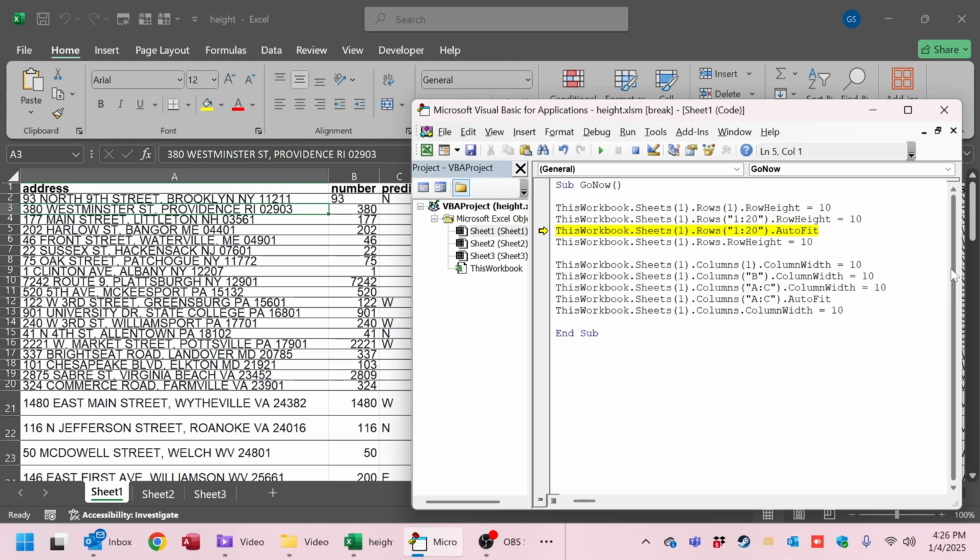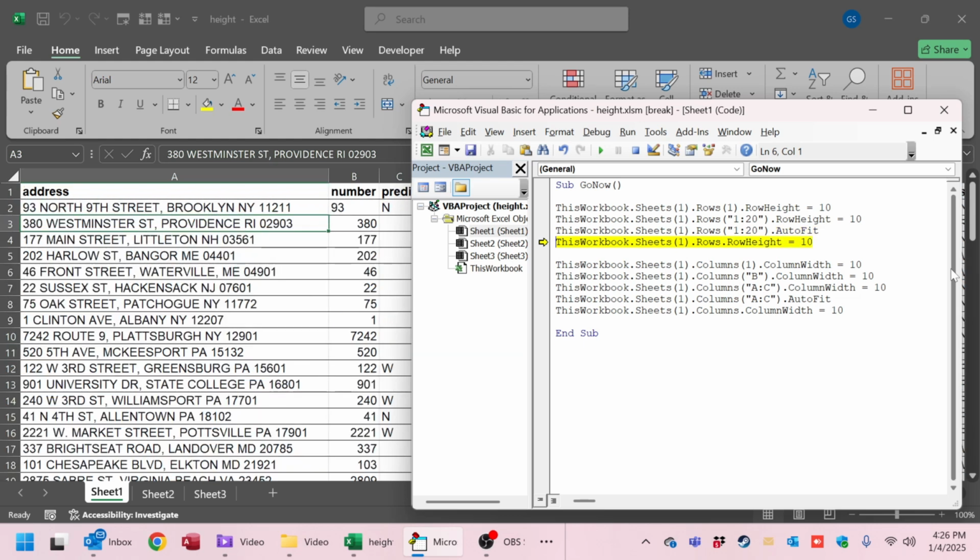The next, I'm going to use the auto fit. So this allows the row height to be set to the value that would be the best for the row to be able to show the data that's in there. All this data is kind of normal, so it just sets it to a height of 15, which is like